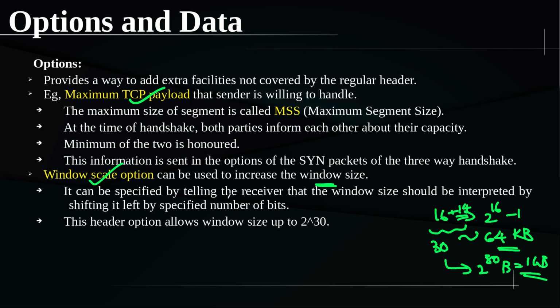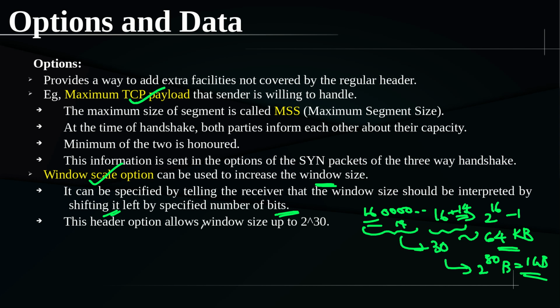It can be specified by telling the receiver how the window size should be interpreted. The normal window size field, which is a 16-bit field, will be shifted 14 times left, right? And these 14 bits will be added together, and that 30-bit value will act as the total window size. So I hope you get that calculation right. The 16 bits will be stored in the window size field, and since it is the more significant part, you have to shift it 14 times, so 14 zeros will come over here, and with this the 14 bits will be added, and together it will make that 30-bit value. So that calculation will be done.